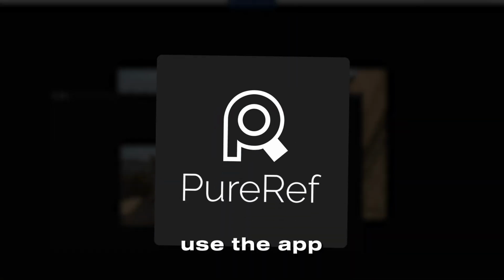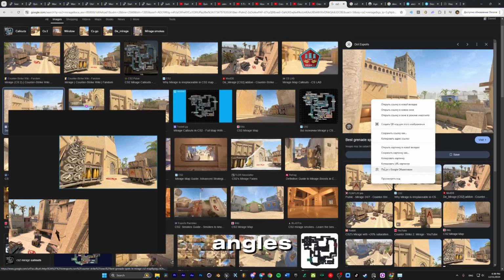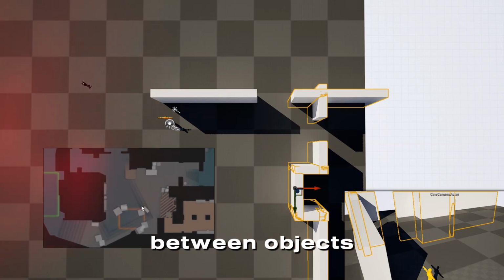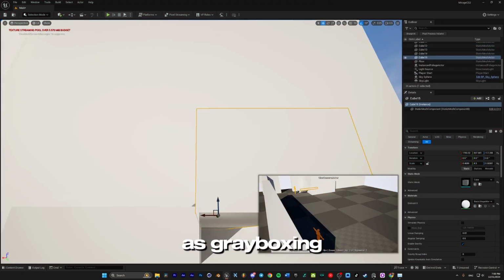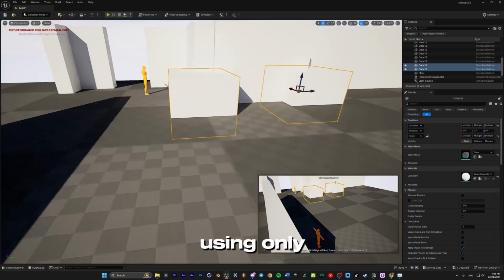For this I use the app named PureRef. I found several screenshots of Mirage from different angles and also downloaded a map which will help me maintain the correct distances between objects. Now we can start the blockout of our scene. Blockout, also known as grayboxing, is the process of creating a basic version of a game level using only simple